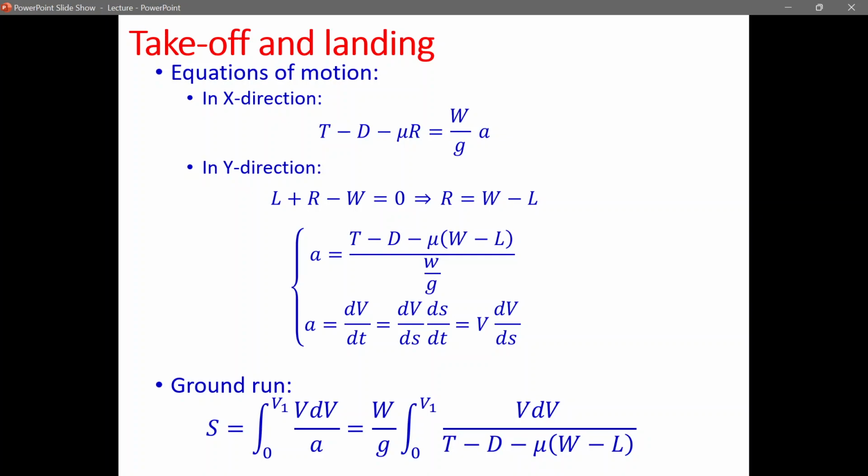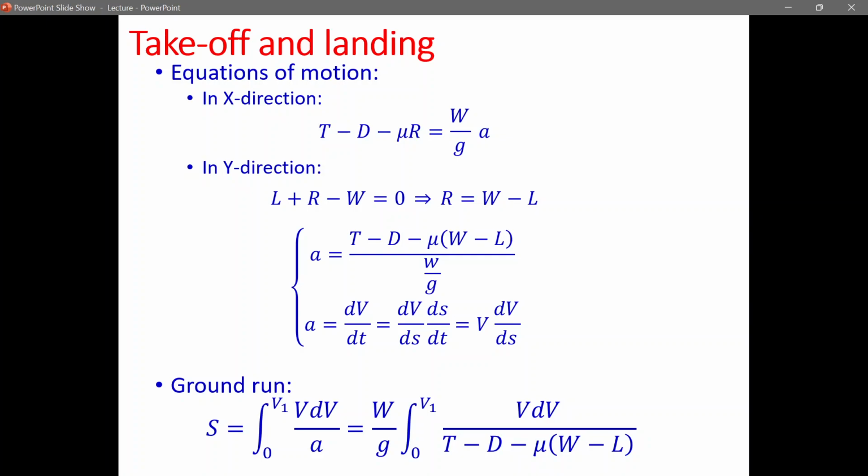In the y direction, we are not moving yet, so we are not accelerating in the y direction when you are doing the takeoff. So all of that is going to be equal to 0. So lift plus the ground reaction minus the weight is going to be equal to 0. You play with that a little bit,